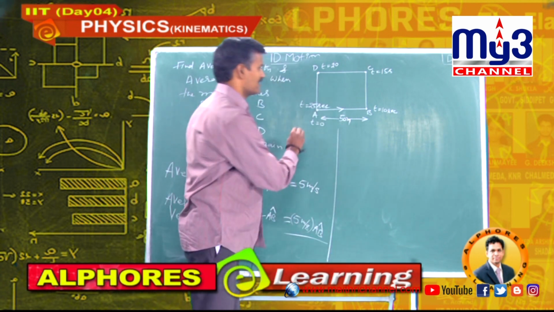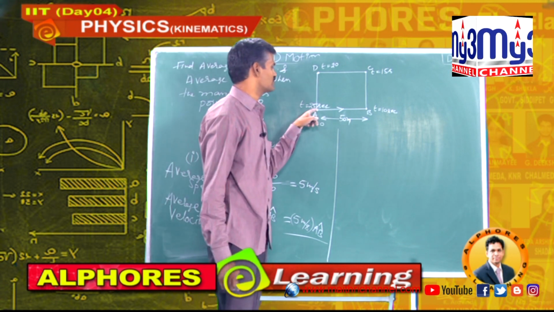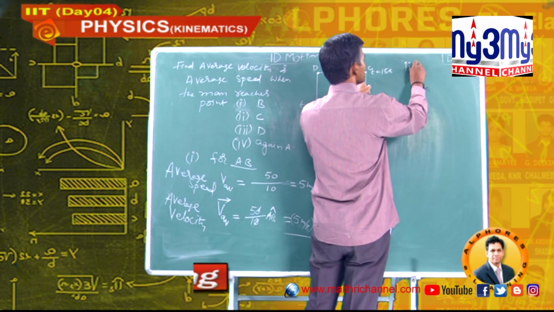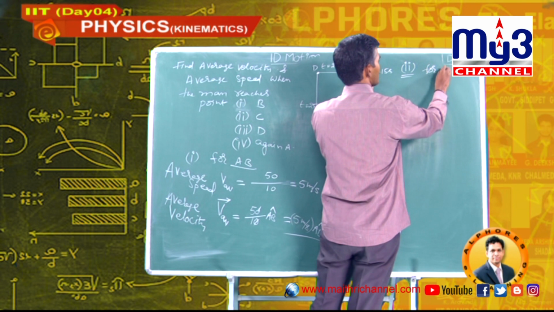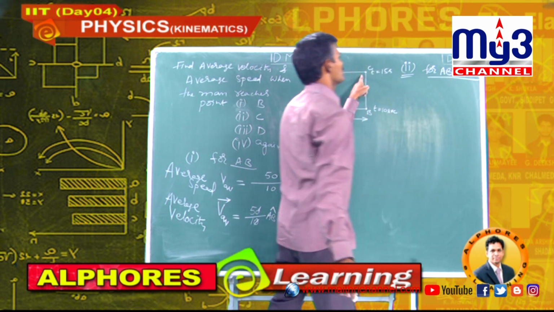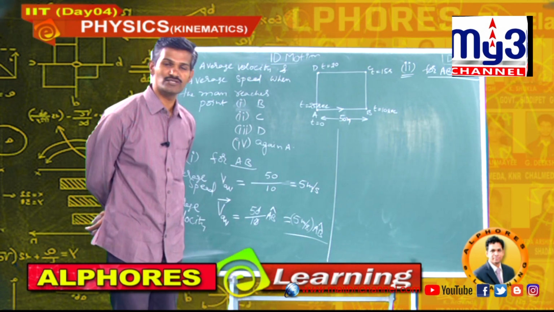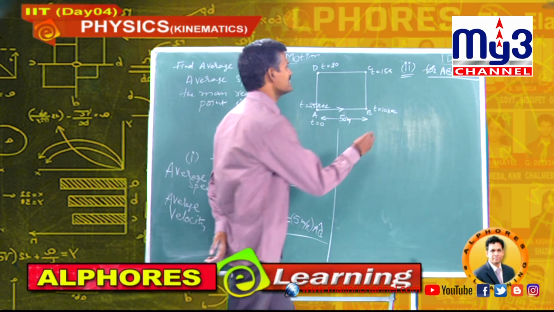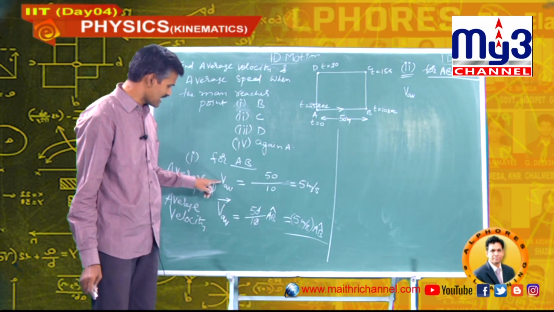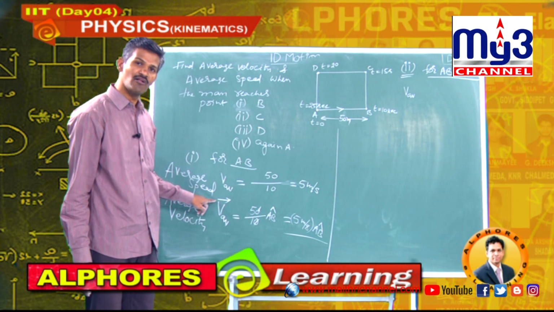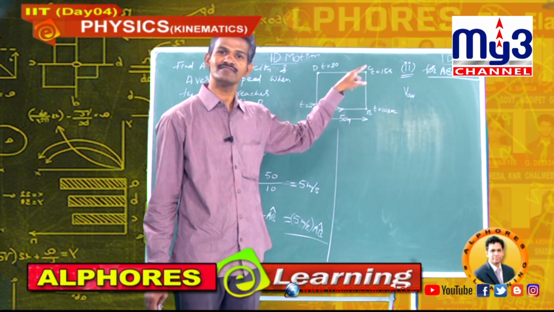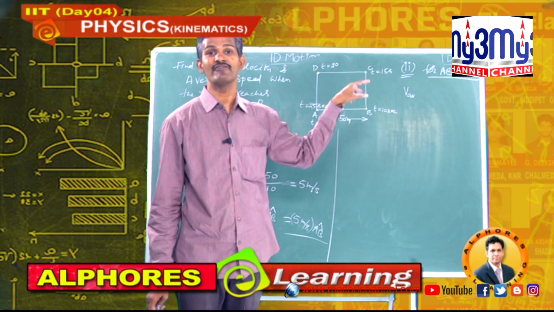Next problem is if the man travels from A to B and then B to C. Second problem, when he reaches point C, for the ABC path. For this ABC path, what is the average speed and average velocity? Students, I am mentioning V average for average speed and V average bar for average velocity. If I wrote V average, that means average speed. If I wrote V average bar, it means the average velocity vector.